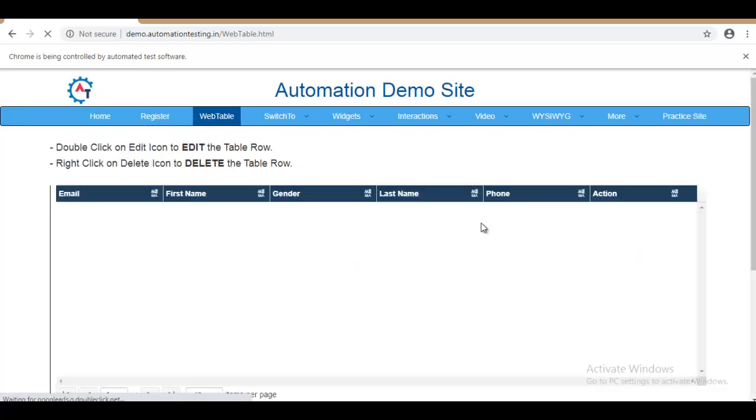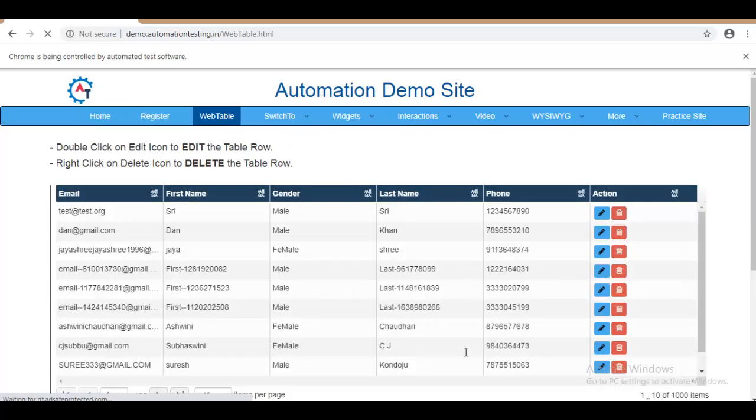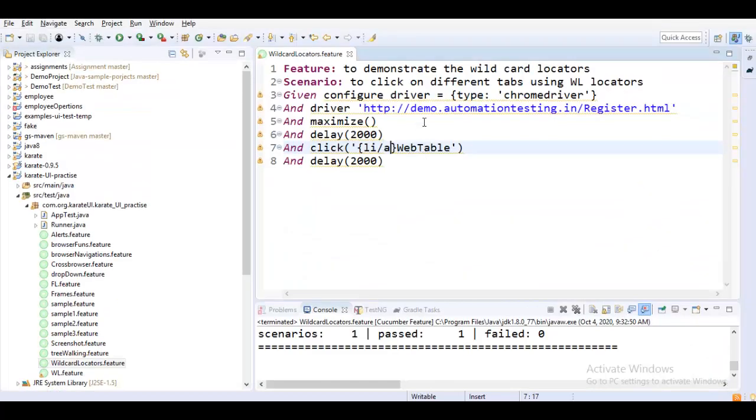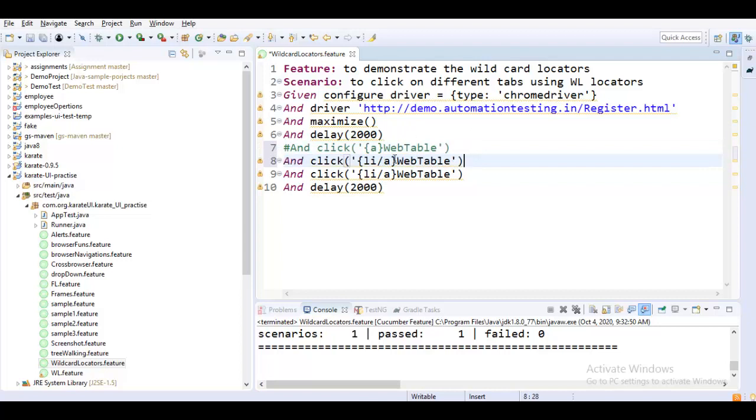Yeah, so it is loading. We have learned 3 different ways. Let me also keep those lines and comment them so that you will have them for your reference. So this is the first thing that we have tried. Let me just comment it since we have already seen it. And the second thing is this one.